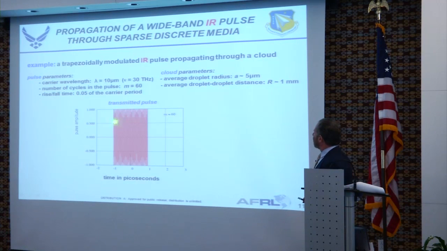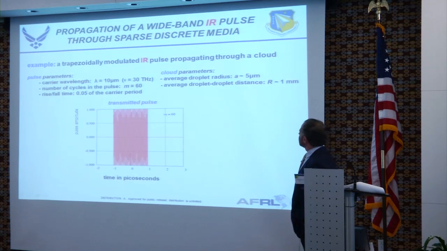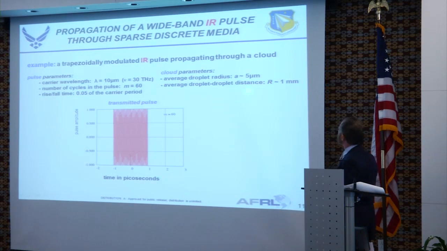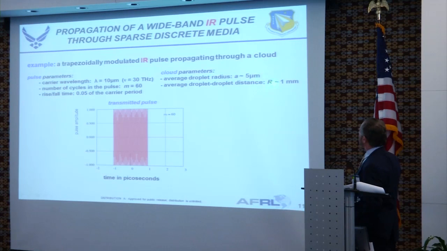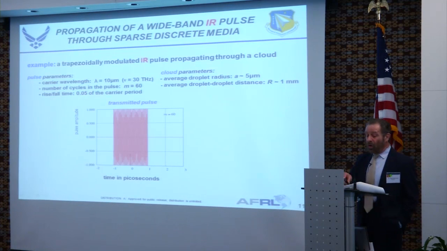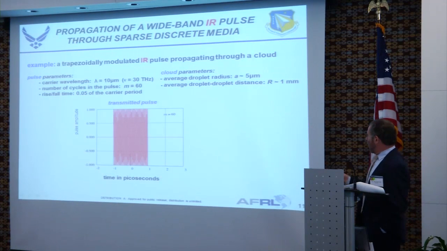But this time we're going to do a square wave modulation. You've got 60 cycles inside of there. It's important that the size of the droplets and everything are more or less half the wavelength of the thing. All of that's important, or none of this would happen. And here's what they found: